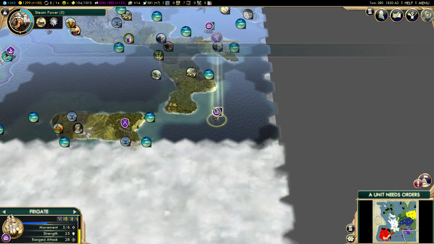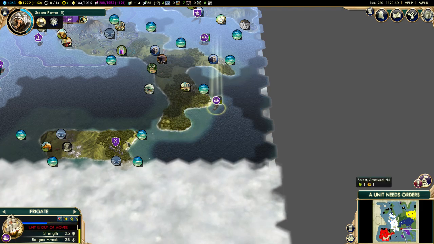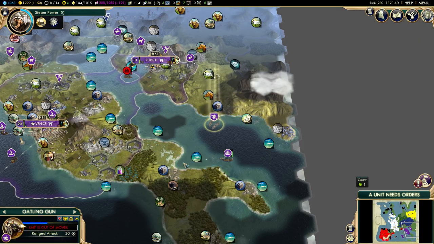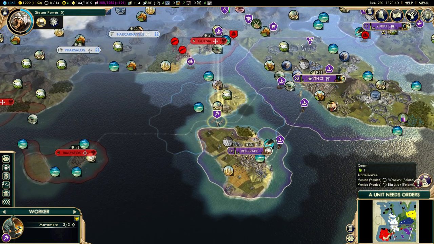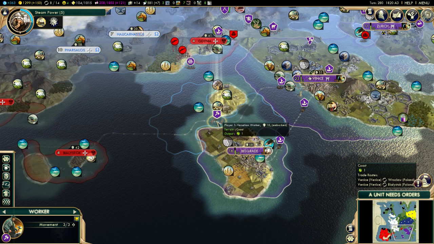Let's see, where'd the boat go? Where did you go? Oh my god, they just keep disappearing. This is horrible. Let's see, I want to get you over to this actual part of land. This guy's going to stick around over here. This worker was going to do something...